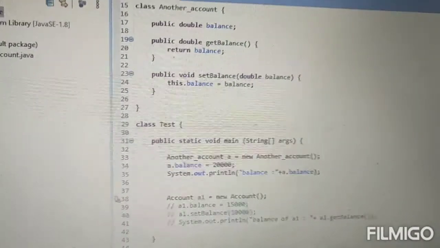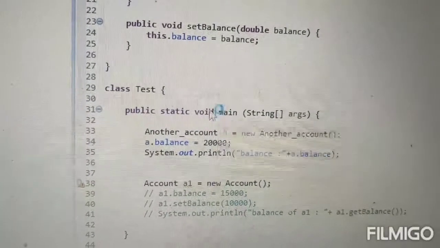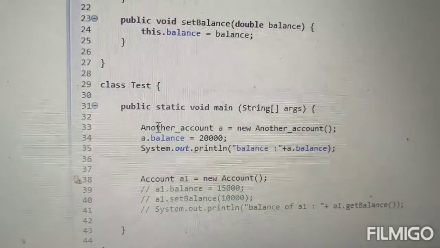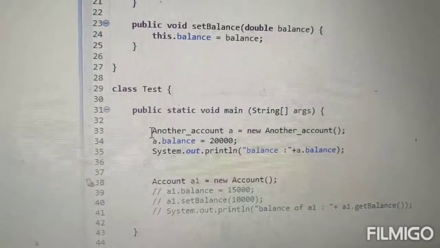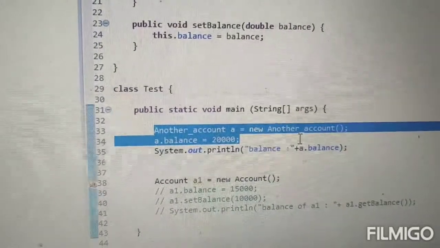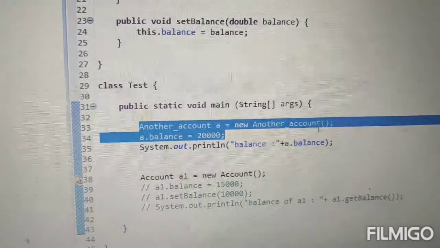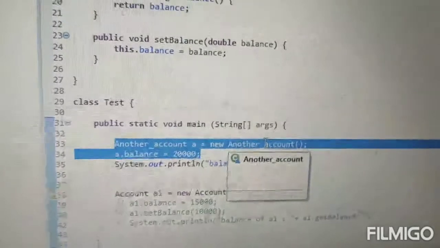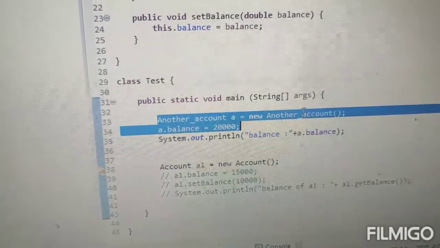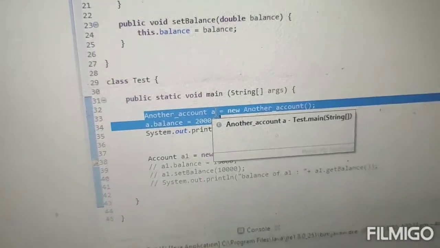I have declared another test class here. I have written a main method so that my execution starts from the main method. I created an AnotherAccount object by using the new keyword, and A refers to that AnotherAccount object.